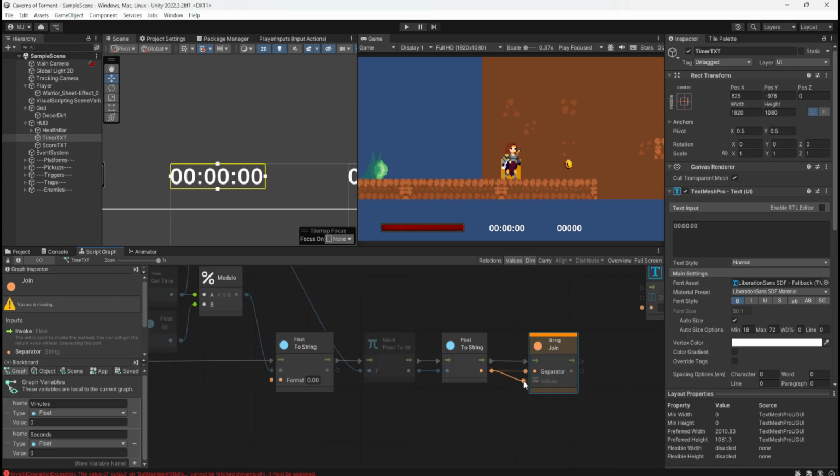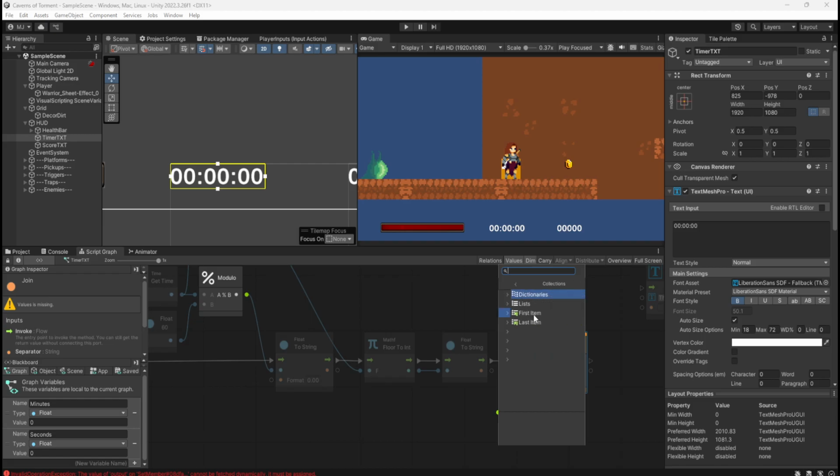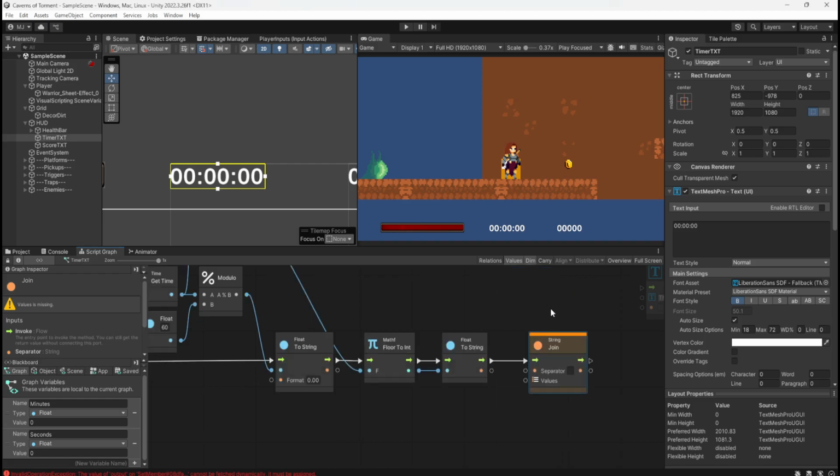Wouldn't that go in there? Oh, you can't put that in there. Disconnect separator. Oh my god. Yeah, I've not used this before.